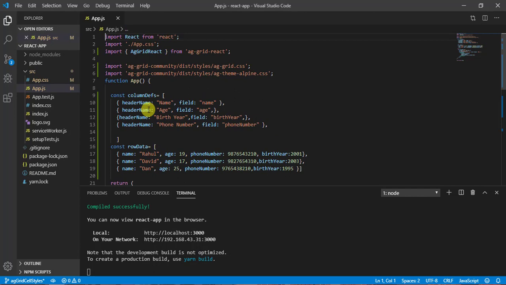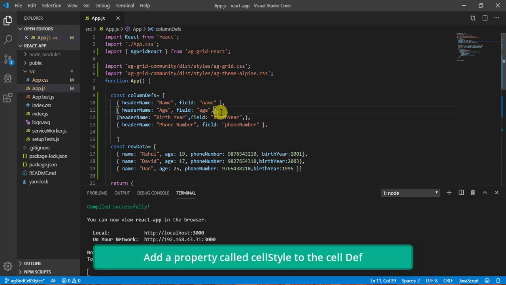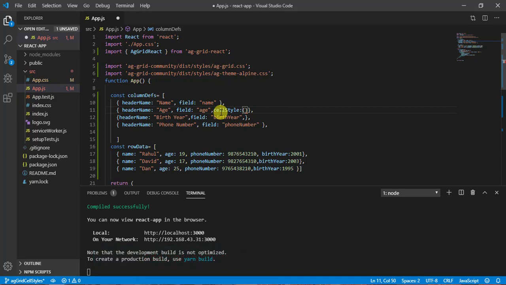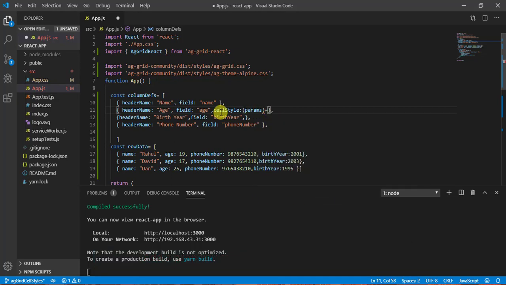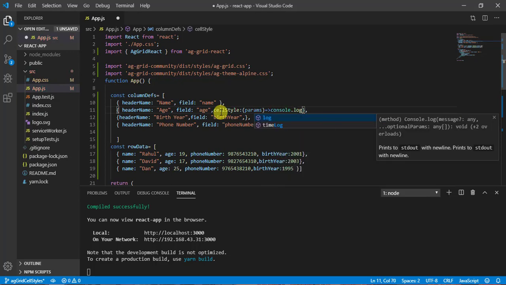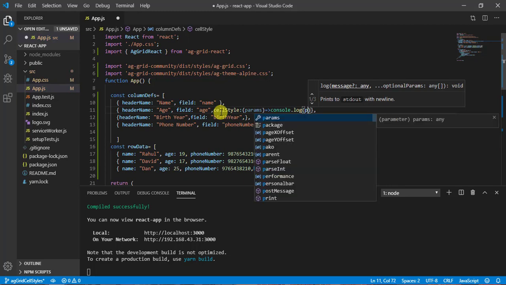In which column do we want it? In the age column, so we will come to the age column definition, and here we need to add a property called cellStyle. This cellStyle is going to take a callback function, and that callback function is going to take a parameter. So let's call it params. Make it a callback function, and whatever params we are getting, let's do console log.